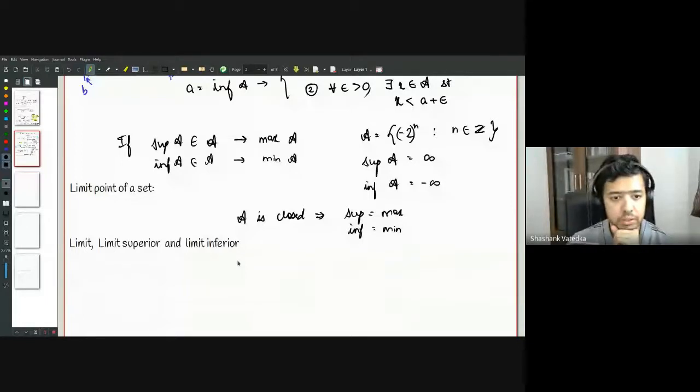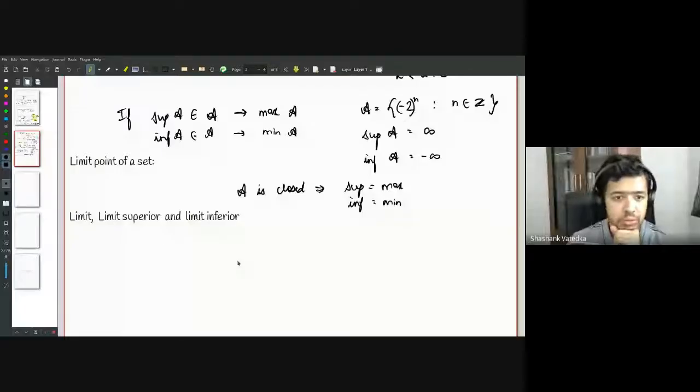Our ultimate point, of course, is to understand what the limit of a sequence is. We know that the limit of a sequence may not always exist. There are sequences which diverge, and therefore the limit is not well defined. But just like we have the infimum and supremum, which you can define even when there is no maximum or minimum, we will define two other notions: the lim sup and the lim inf, or the limit superior and the limit inferior, which exist for any bounded sequence.